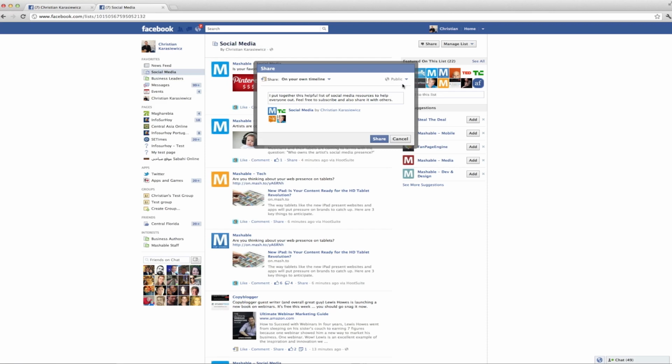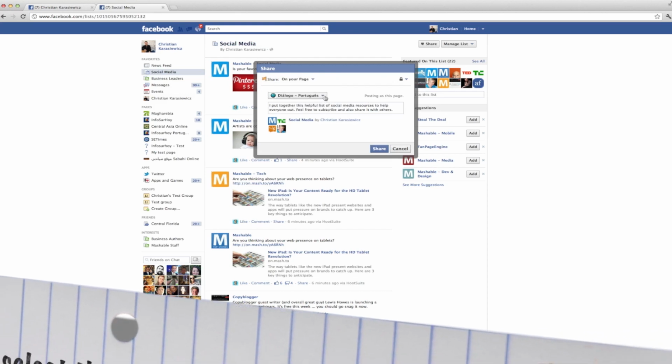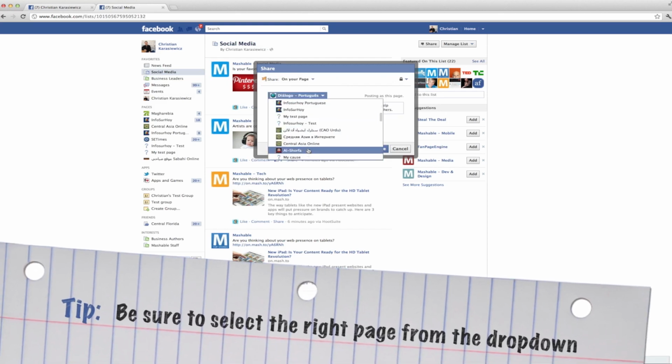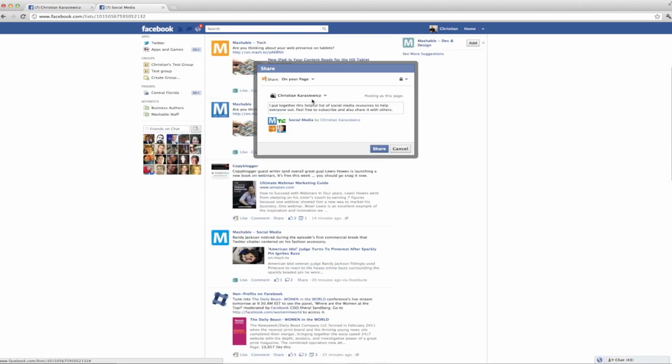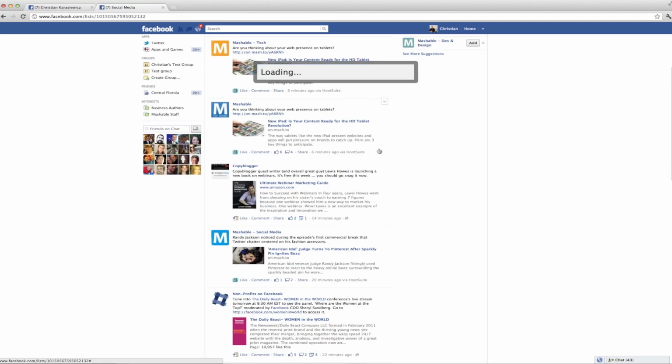As you can see here, it now gives me a drop down of all these different Facebook pages that I'm an admin on, and all you have to do is select your page and click Share. So I'm going to head over to that Facebook page that I've just shared that content on and show you what it looks like. As you can see here, you now have the status update